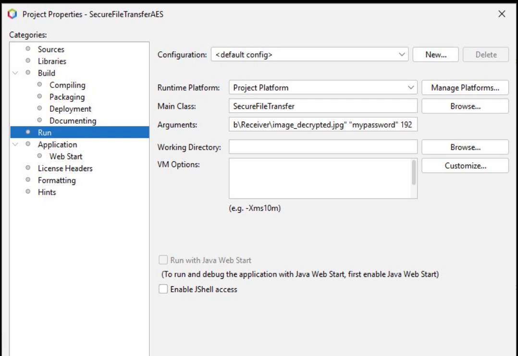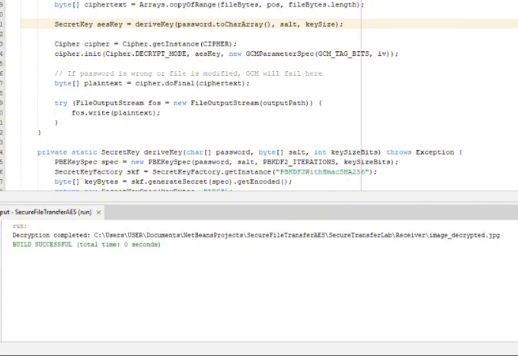Then click OK. After clicking OK, you should see the decryption output. The output should be encryption, decryption completed. And then that's the file to the decrypted